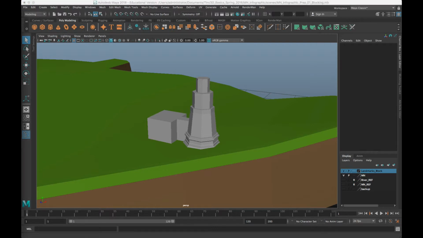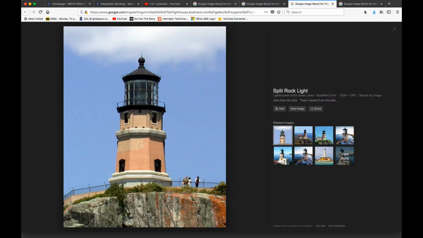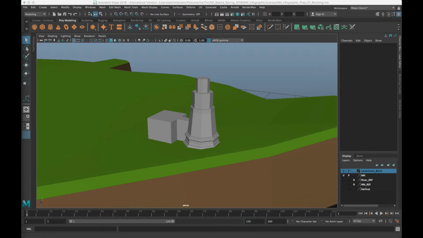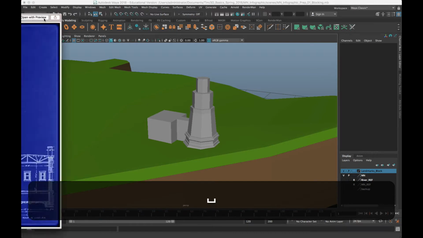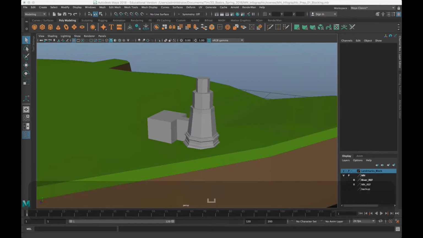So the first thing, as always, is finding reference. And so I just have open in a few different tabs, different angles on this lighthouse, and also an image that I will copy over to your desktop here very shortly. That is blueprints for a Split Rock Lighthouse, and this is especially useful because it shows the profile of the building that we'll use to, much like we did with the wine glass, to establish the broad strokes of the lighthouse before we go any further. So I'm going to pause real quick, copy this to your desktops, and then we will